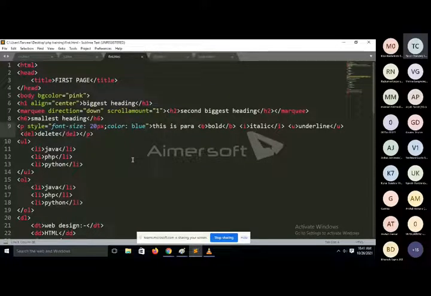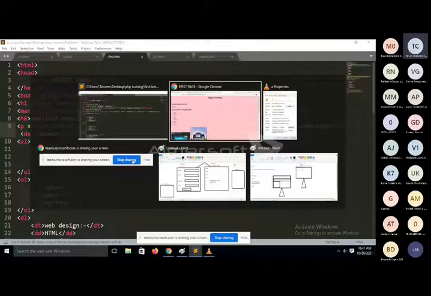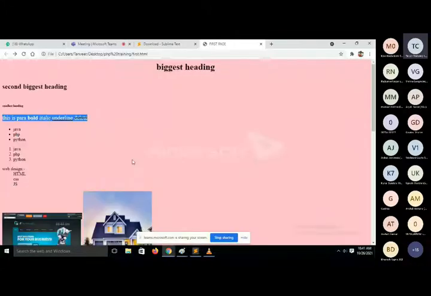We will discuss it further, but here we just want to use the paragraph text as blue. When you refresh, see, we are applying two properties here. First one is font size as 20 pixels, and second one is its color. I just want to use blue color here.